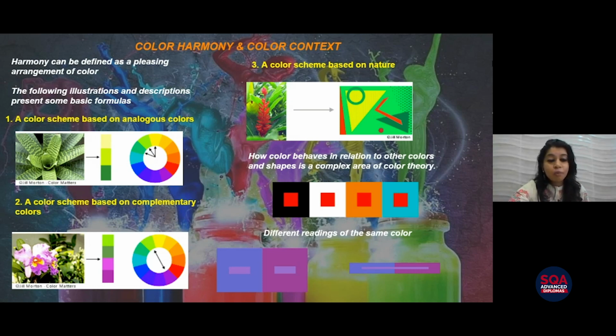Next is the complementary color scheme, in which you have a purple color, which is a little darker version, then a lighter version of the purple. You have a green, and then you have a very light green. When you look at these combinations, it's very pleasing and it gives you an emotion of happiness. When you look at it, you feel very happy about the fact that it's so good to see.